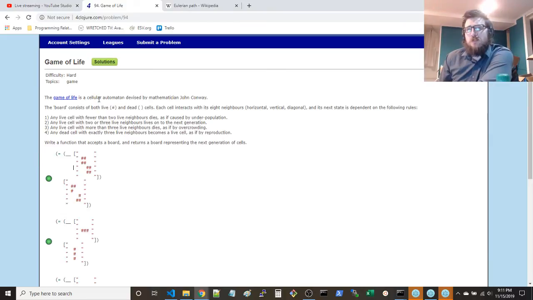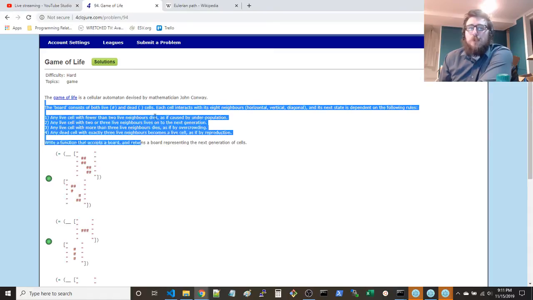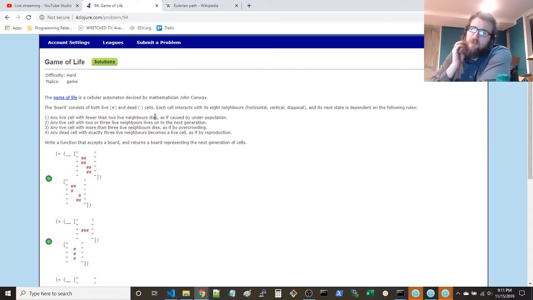Game of Life is a cellular automaton devised by mathematician John Conway. By the way, I made a website that uses the Game of Life kind of extensively. Not a website, but yeah, I guess a website. It's like a game, web app type game deal. Kind of a lot of different pieces of stuff going on in there.